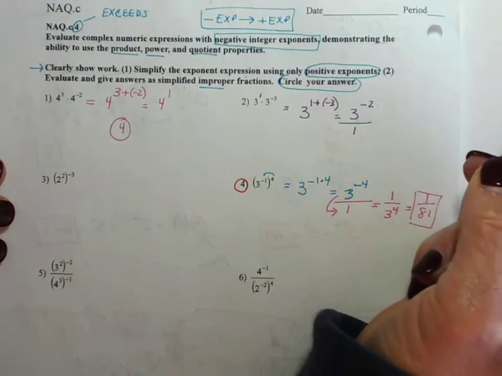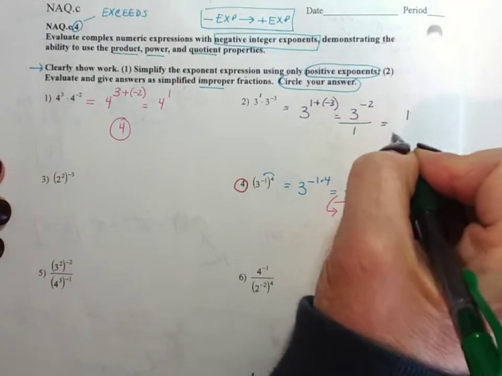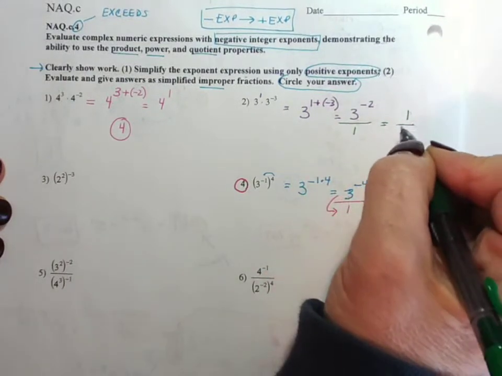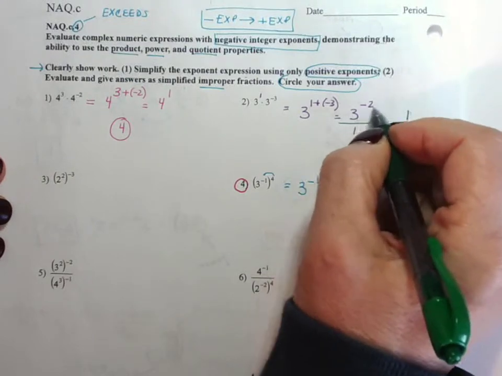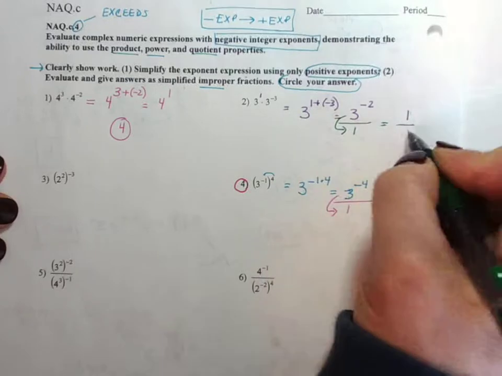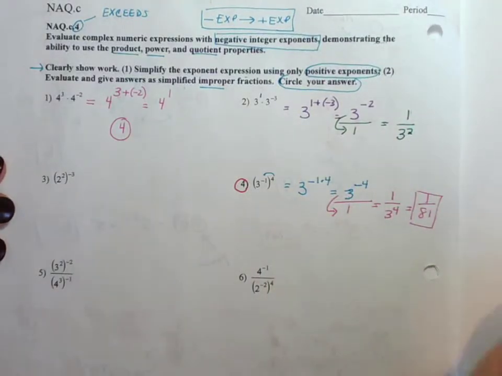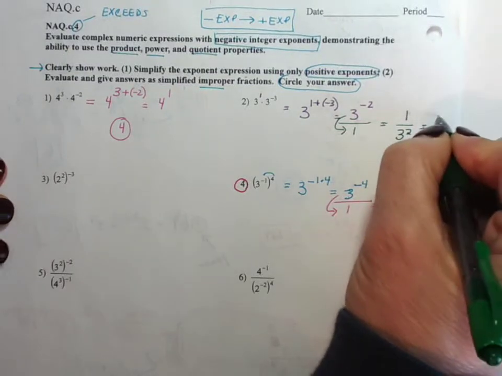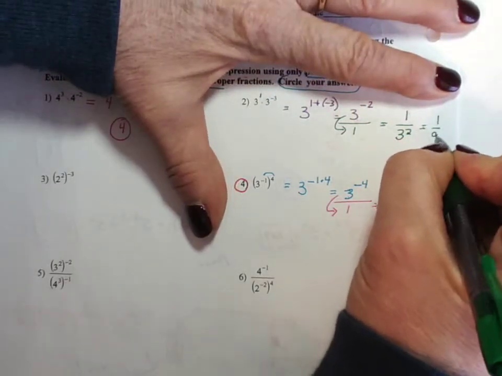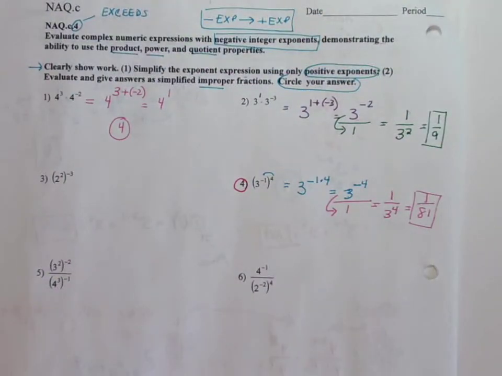So this is over 1. Take the reciprocal, which is 1 in the numerator now. Make this negative exponent happy by putting it into the denominator, 3 squared. And that's an easy answer, 1/9. So you can see that you don't need a calculator for these as long as you understand how,